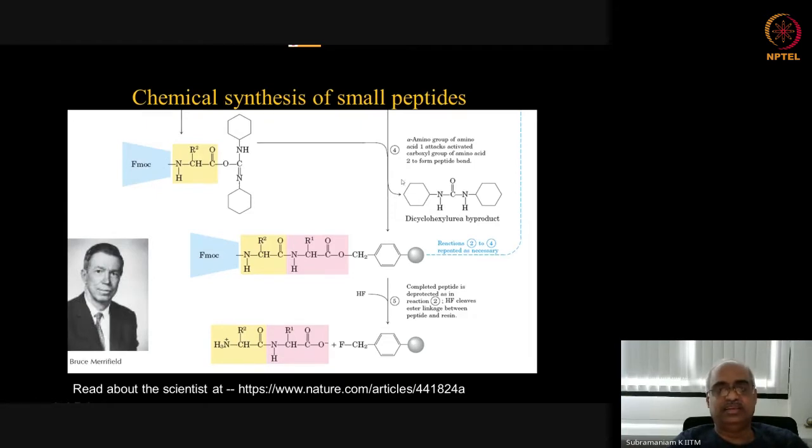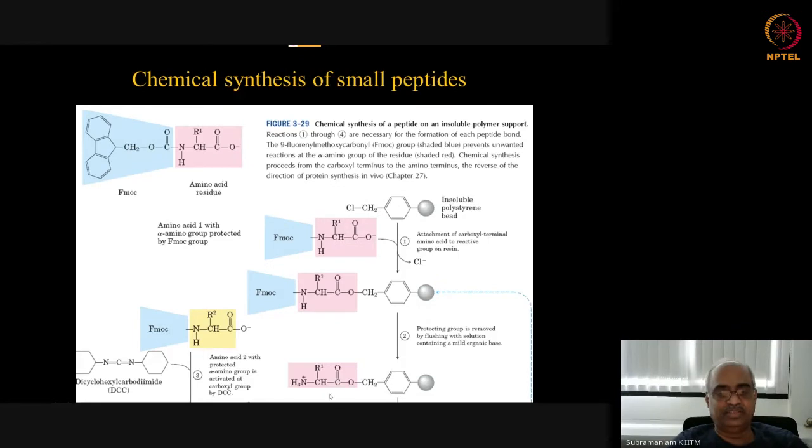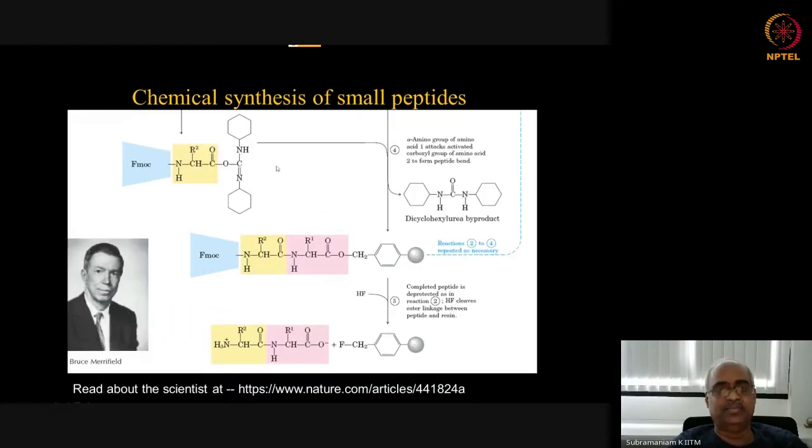This then is combined with this amino group here, and after the reaction it becomes a dicyclohexyl urea, and you have this carboxyl group attached to the amino group here. Okay, this is the first amino acid and this is the second. Now using hydrofluoric acid,